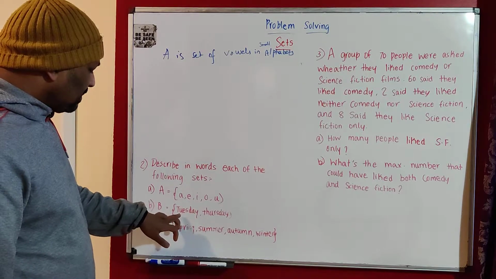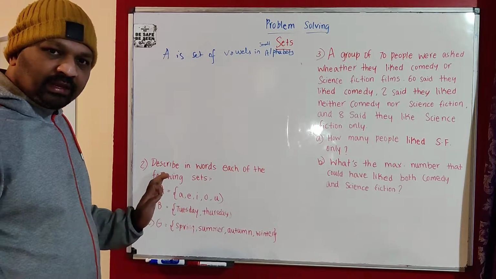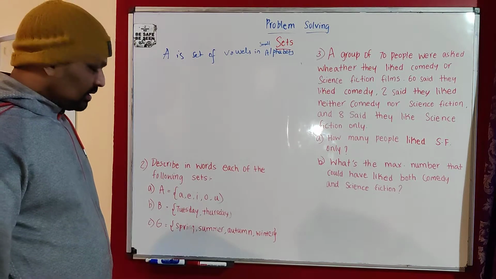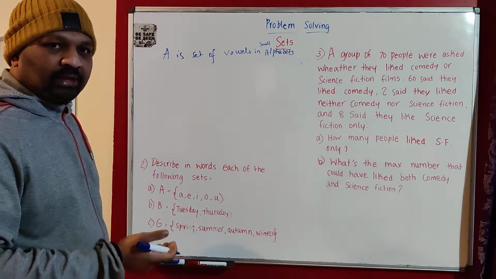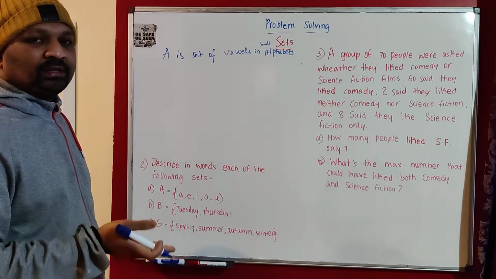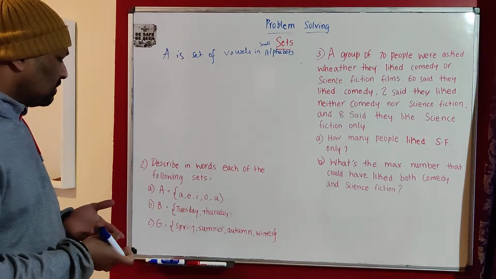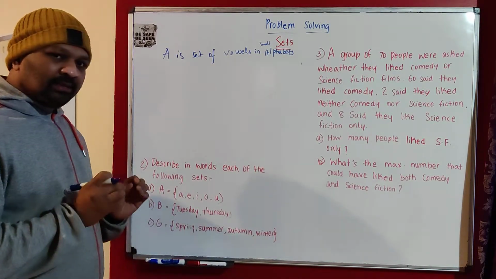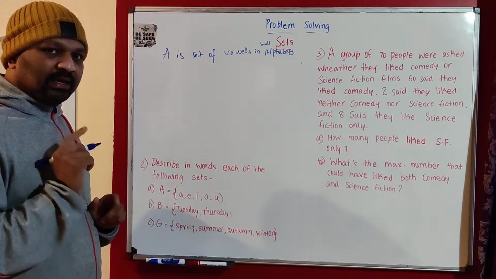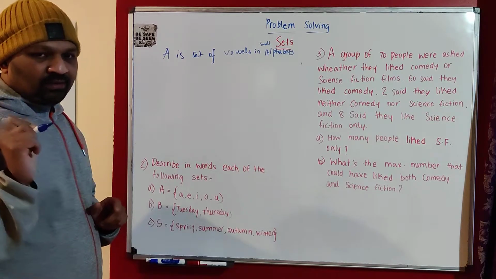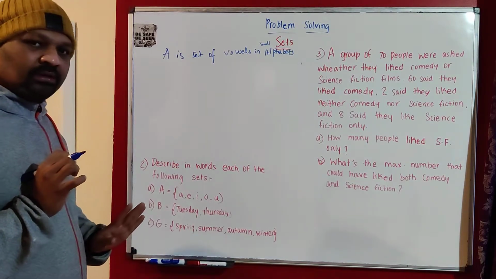The second one, B is equal to Tuesday and Thursday. Is there any common characteristic that clearly defines these 2 days in a week? Yeah, both are working days, but we cannot write that, because there are also other working days. For example, Monday is a working day when you go to school or offices are open. Similarly, Wednesday is also a working day. So that is not clearly defining these elements. The definition of a set is a well-defined collection of elements. You should be able to clearly define those elements, so that is not going to hold good.